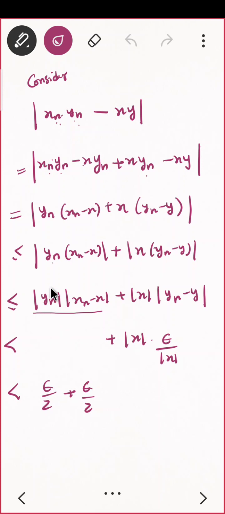So what do you know about mod yn? Can you say something? Have you seen mod yn somewhere? Can you restrict mod yn by some property or some theorem? Can I say that mod yn is less than a number m? And if I can, which theorem should I use so that I can say mod yn is less than a number m? Come on, answer this. We started with this one only. If you remember, that is a big hint for you.